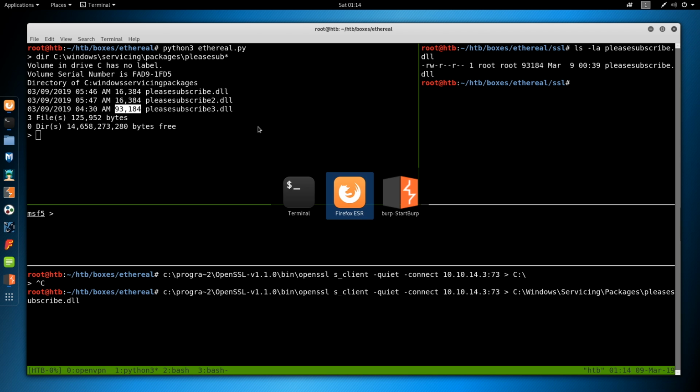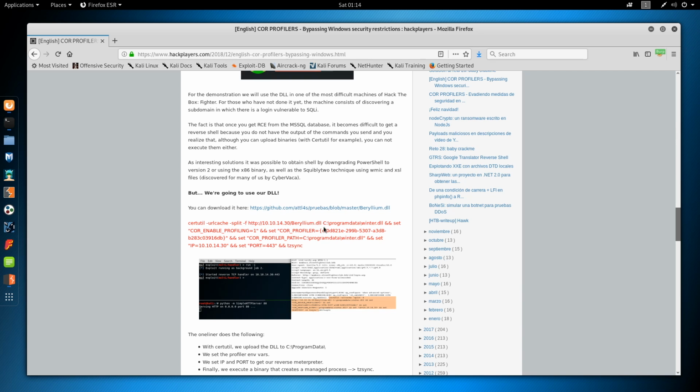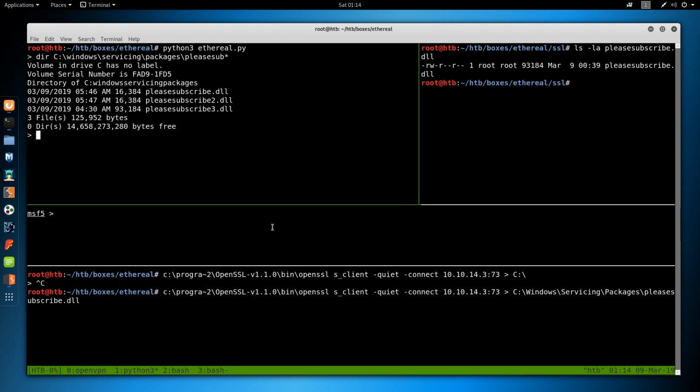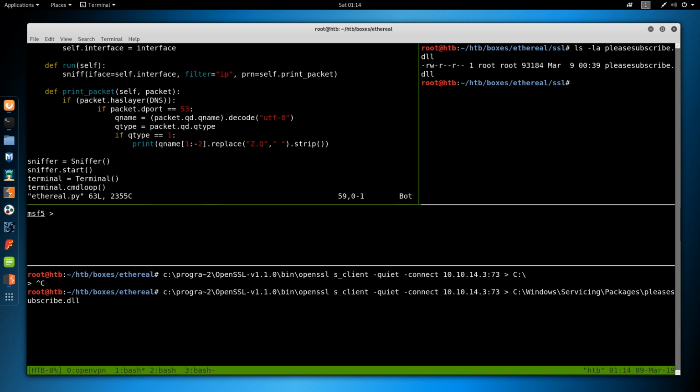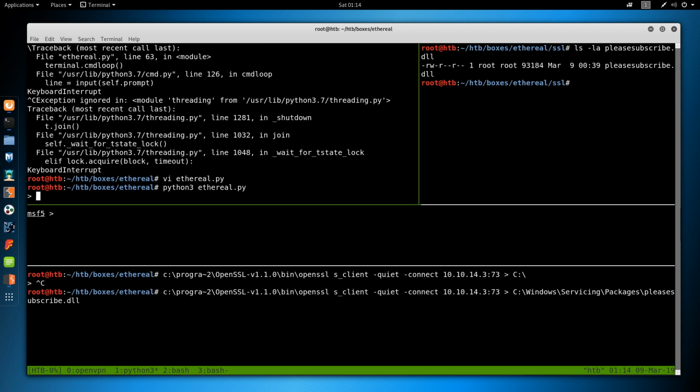So we want to go back to the post here and start creating our bat file. They put it all in one. I like doing a bat file because when you screw up, you can just see what you screwed up instead of doing it all in one command blind. So we'll do cmd set core profiling equal to 1, and let me edit our script. We don't want to get disturbed with just random output. So we can do cmd echo set cores profiling to 1 to C:\users public